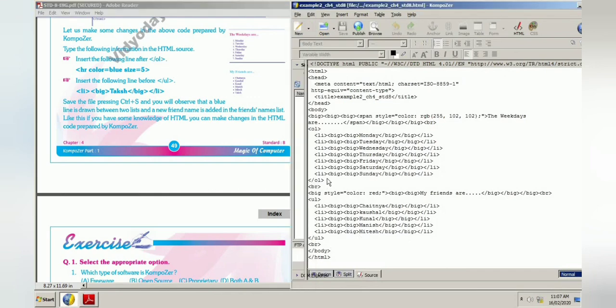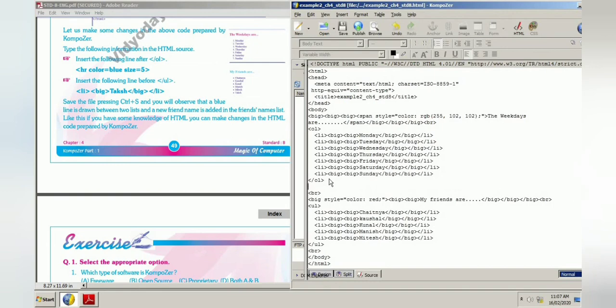So after closing OL we have to type this code. Use the angular brackets, HR color equals blue, size equals 5.